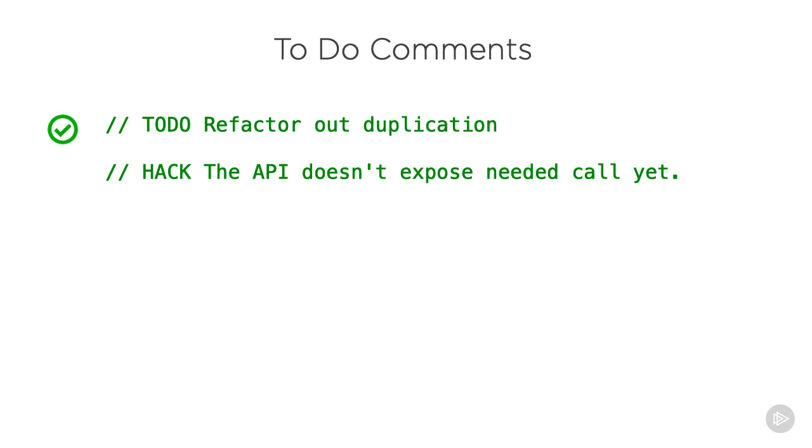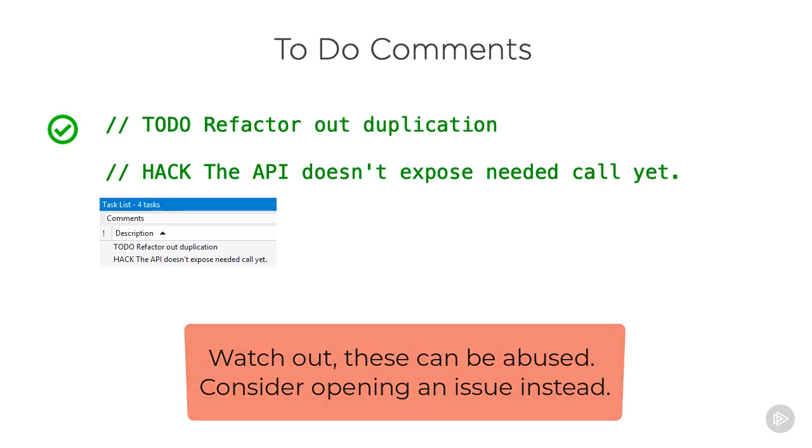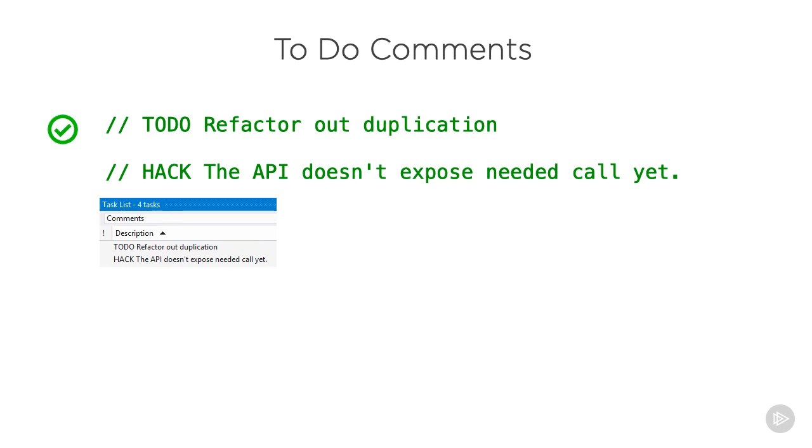Don't you wish you had more time to make your codebase better? Well, in the real world, we often have to settle for making a note of something that we'd like to do at a later time. To-do comments are handy because they allow the developer to easily get back to a specific section of code that needs more attention later. Now, I hesitate to call to-do comments clean since they can certainly be abused, but they're useful enough that Visual Studio even provides a dedicated task list window where you can see any comments that begin with to-do, hack, or undone.